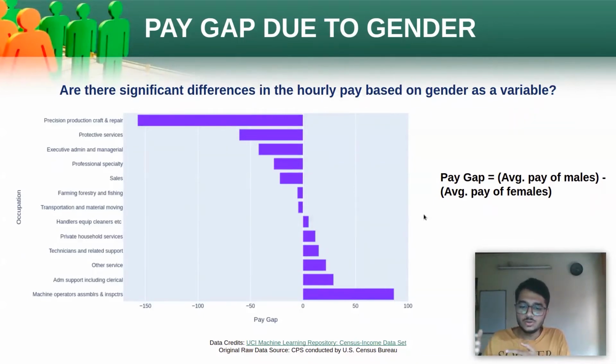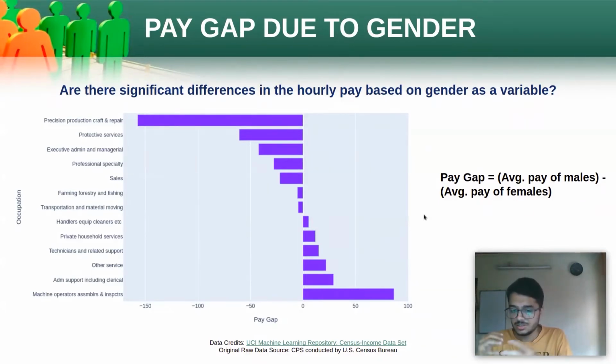Now, even though people usually use this term in a general sense, a pay gap, if it exists, would make sense if you're looking at people having the same occupation, right, or having the same job. So, comparing between two different occupations or jobs wouldn't make much sense, as a lot more variables come into play here apart from gender. So, that is what we have done.